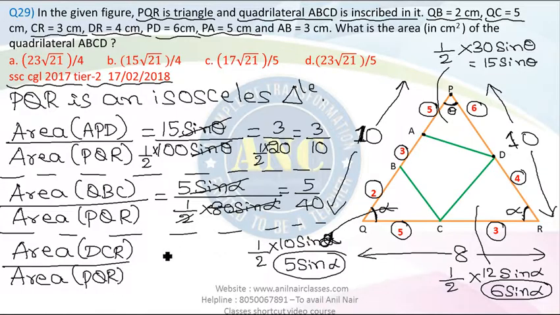If you calculate it similarly, you will get it as 3 by 10 once again, sir, right? You will get it as 3 by 10 once again. Now can I say